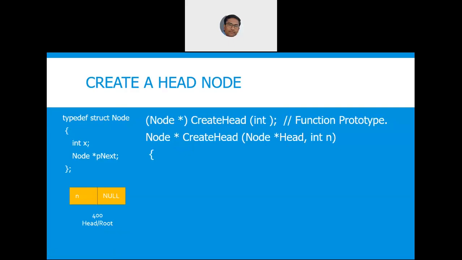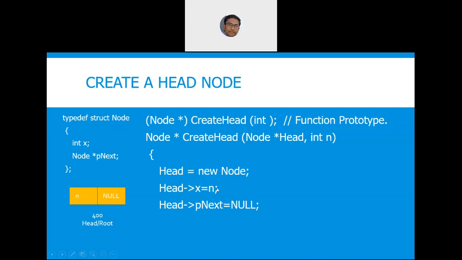Okay. Now next, focus on how to create a node. So you are getting a head which is an alias of some head. That head is now the new head. That means you are assuming that head is initially pointing to null, because you are asked to create a head. So even if it is passing a non-null, or if it is actually passing a null, you are now giving birth to a new head.